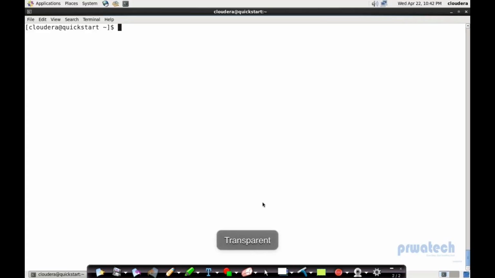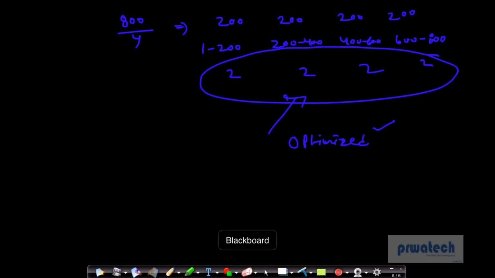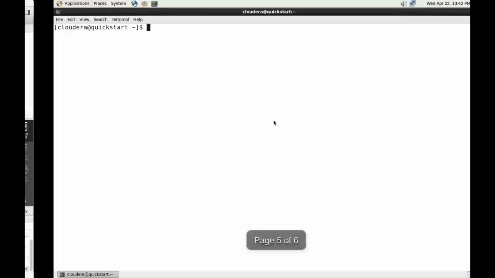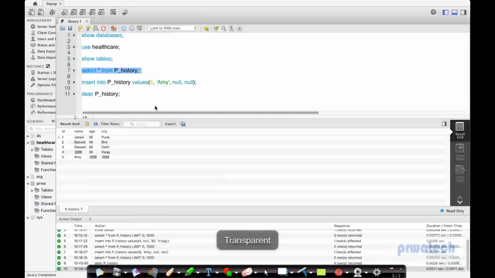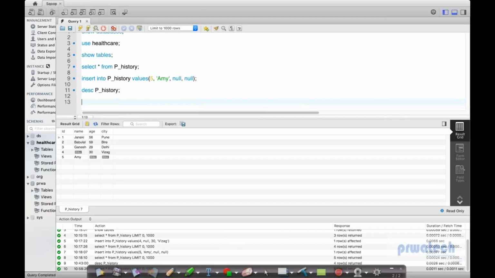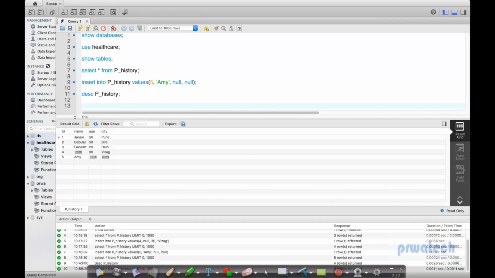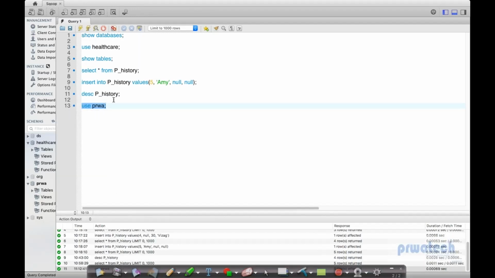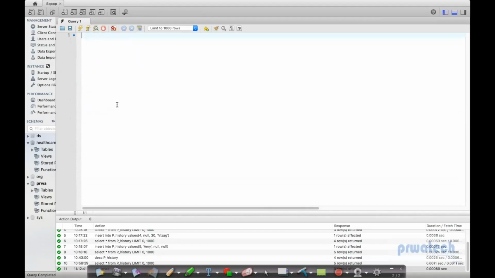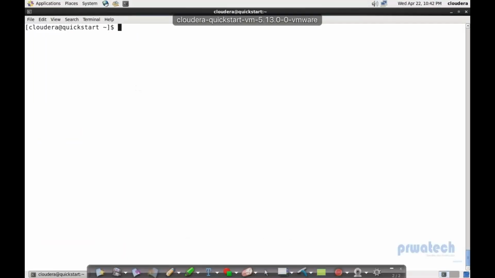We'll create this table first in the RDBMS and extract using split by. So quickly I'm doing this DDL first. In healthcare I'm creating this table. Let me change the database name. Use PRWA, then create table txn,